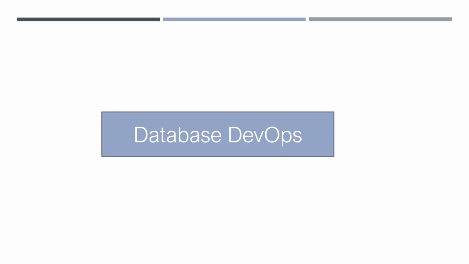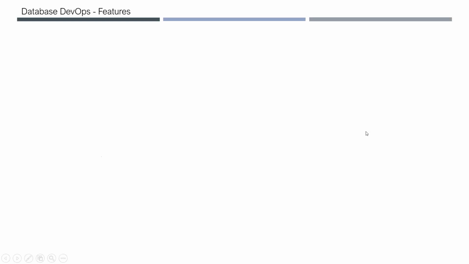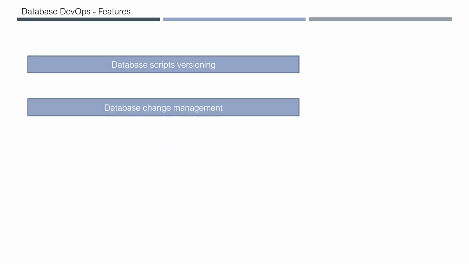In the same way, database DevOps as well. So, what do you do in database DevOps? In application DevOps, you are doing code versioning. In the same way, for database DevOps you need to do versioning for your database objects. The objects can be your tables, procedures, or views, etc. There are different databases, and your naming convention may change. Probably in Oracle, you call it a package. But stored procedures, tables, views are standard terminology across all databases.